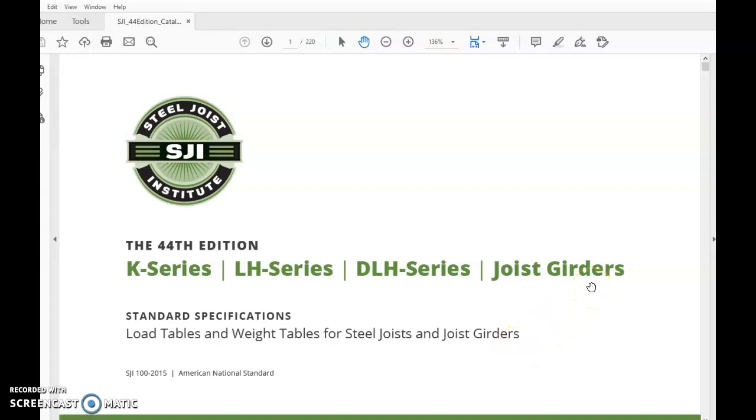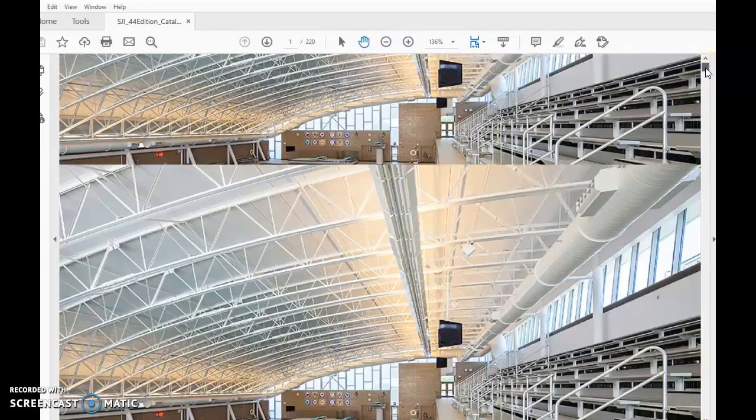Hey guys, I have the SJI 44th edition opened up. I had to download this. It was free, and I'm going to go ahead and post this document in Learning Module number 4. So this is a long document. It's 220 pages, so I'm going to try to skim through this to get to where we need to go